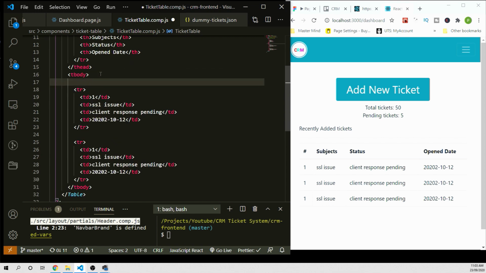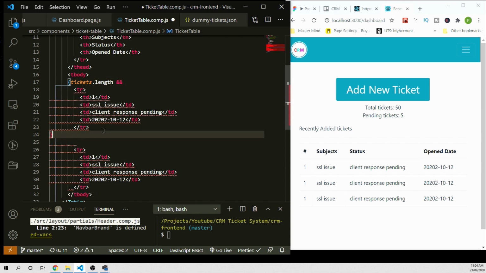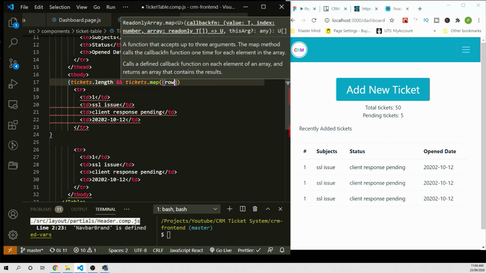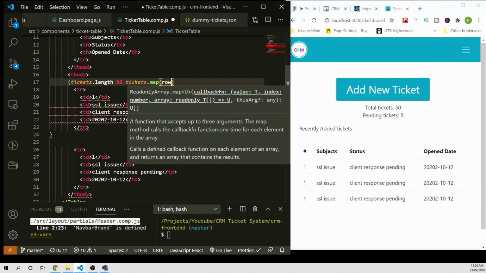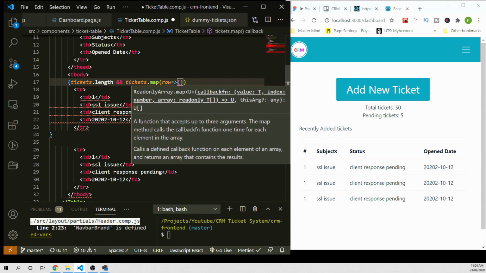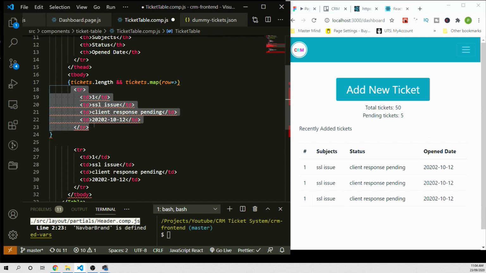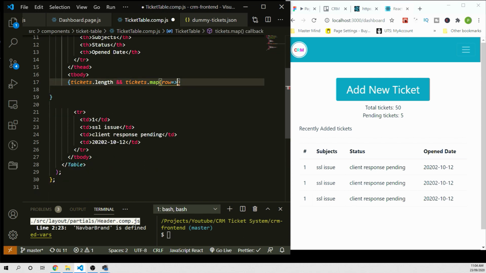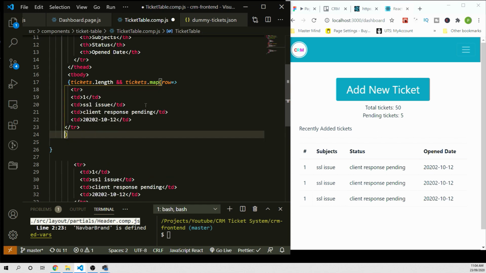So if we have a ticket.length, oops, this has to be in the bracket, guys. If we have ticket.length, then display this table row. So what you want to do is ticket.map. When you run the map function, you get row, and okay, I don't need that. So you get row, and simply you can run this return in this function here like that. And since we have a row, now we have access to all the